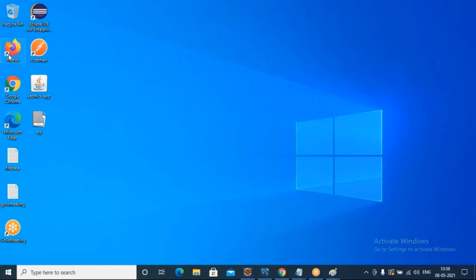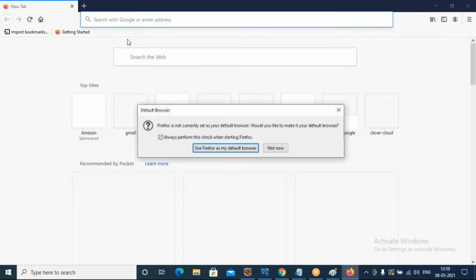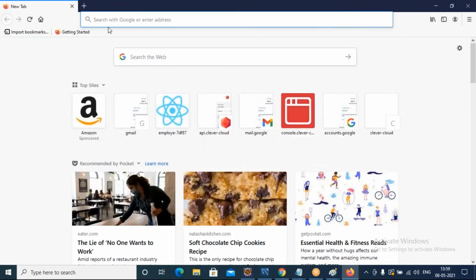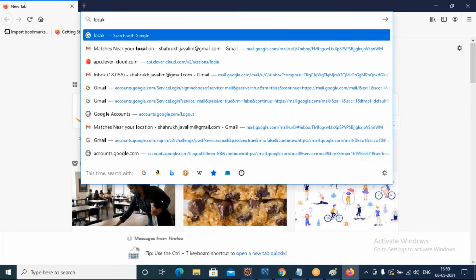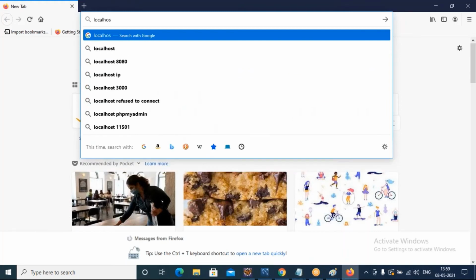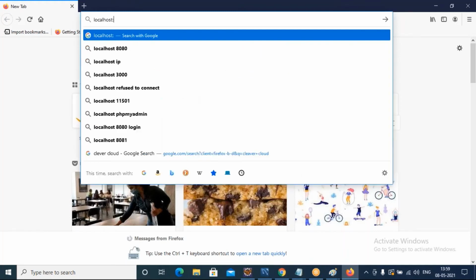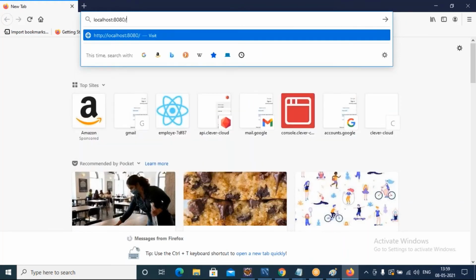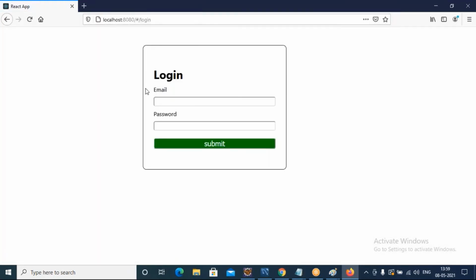I'm going to open one more browser. Here I will log in as admin. localhost 8080 slash login.